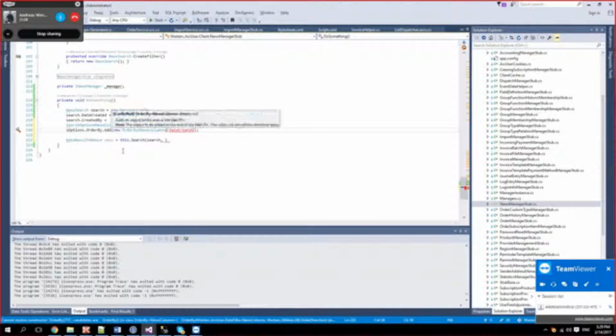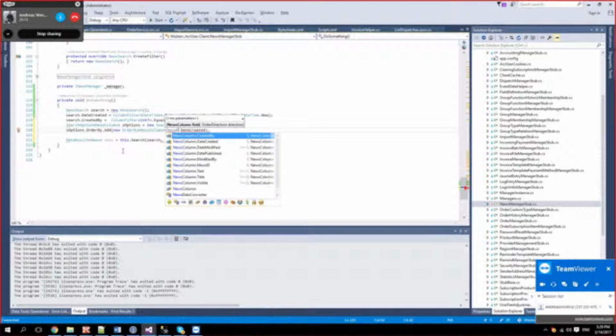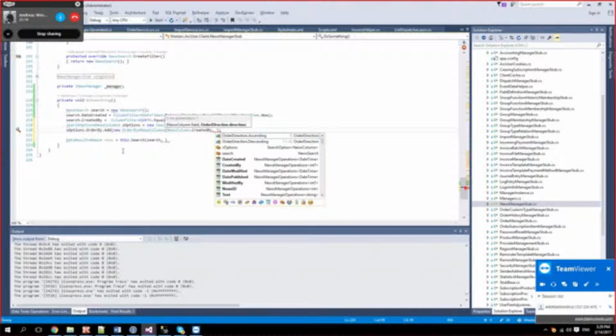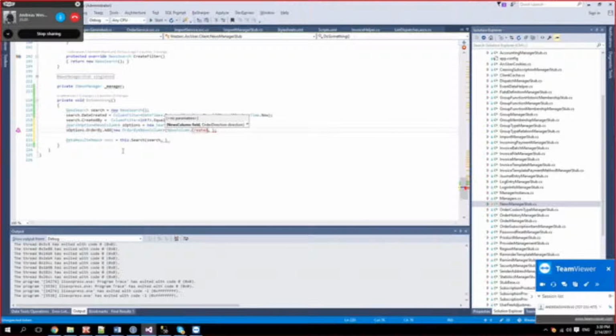Oh yeah, it's coming back to me. So let's say we want to order these by created date, date created, and order direction descending.